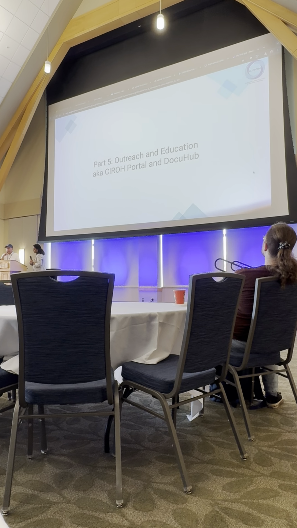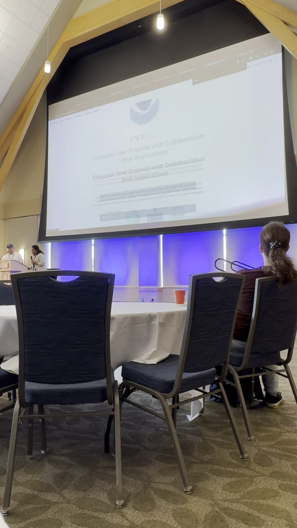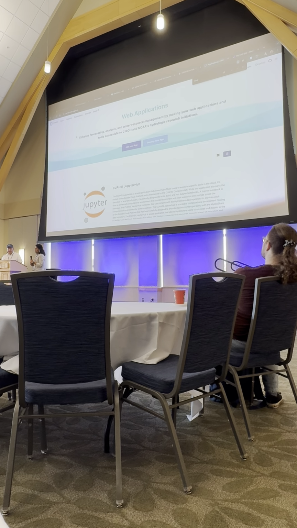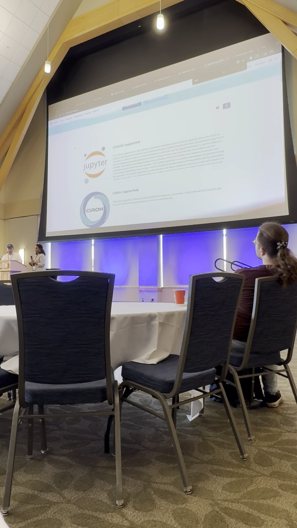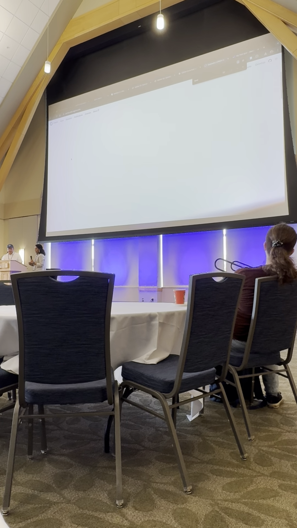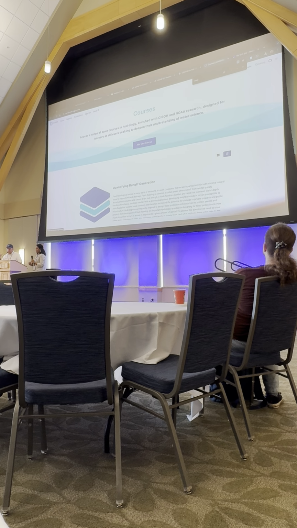The final couple of slides we want to show here are on outreach and education. Recognizing that we have an outreach and education group inside CIROH, we've just highlighted a couple of things here, some of the ways we're trying to do outreach for these specific tools. One of them is through the CIROH portal. For the sake of time, I'm not going to go through the whole portal. We did have an opportunity to show that in detail to some of you yesterday. Just be aware, this is our effort to have a dynamic library of apps, of data sets, and of publications and courses that are all relevant to you as CIROH researchers.